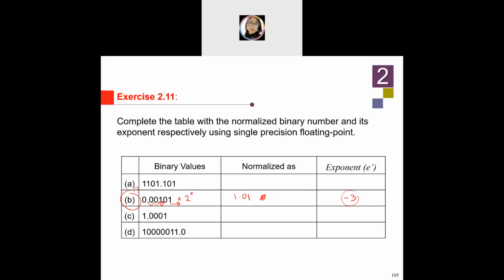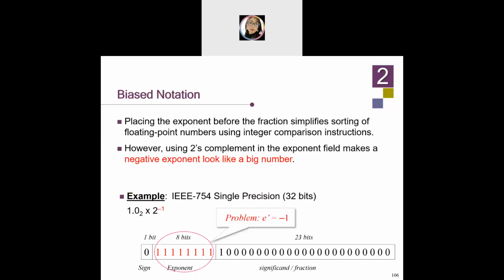I think we look into only 2 examples. You can try to do C and D. Thank you, Abdul Kadir, for sharing how to do B. Good. Okay, now,